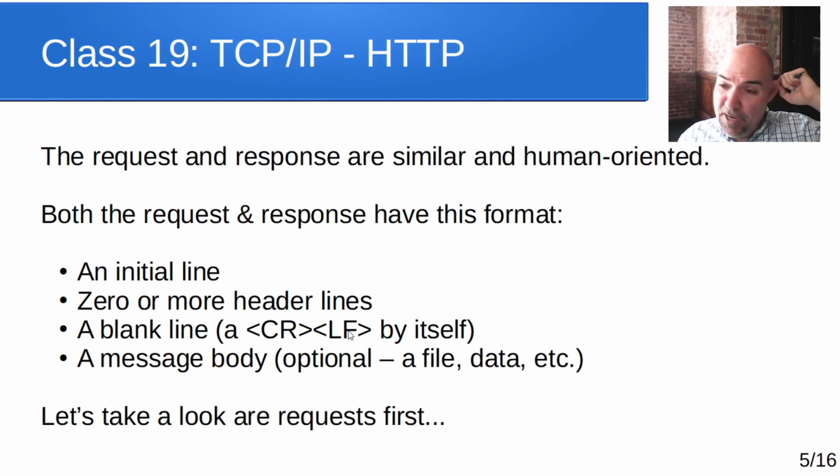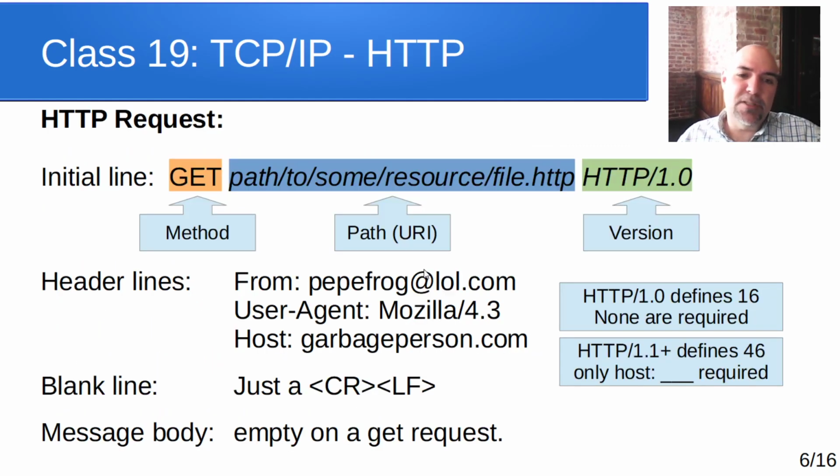So let's go through and look at the individual formats of requests and responses ourselves. Let's start with requests. Here's what a request looks like. The initial line would look like this: a method, a path, and then the version. Notice it's separated by spaces. So a typical line would be GET, and then some path to some resource,